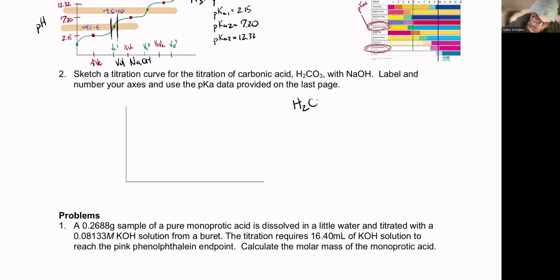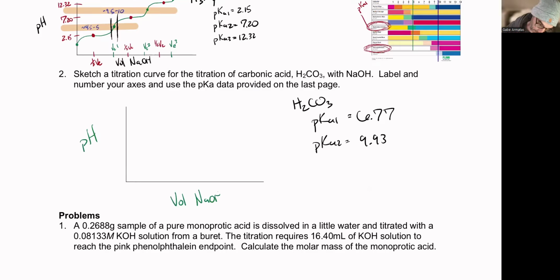H2CO3, pKa1, which is 6.77, which is pretty high. So that's kind of where the first plateau region is, not an equivalence point. pKa2 is going to be 9.93. So this titration is going to shove two very small things in a very small range. So actually, it's going to start with a very low pH. So this is volume of NaOH. It's going to start pretty low, and it's going to jump up really quick right away. And then